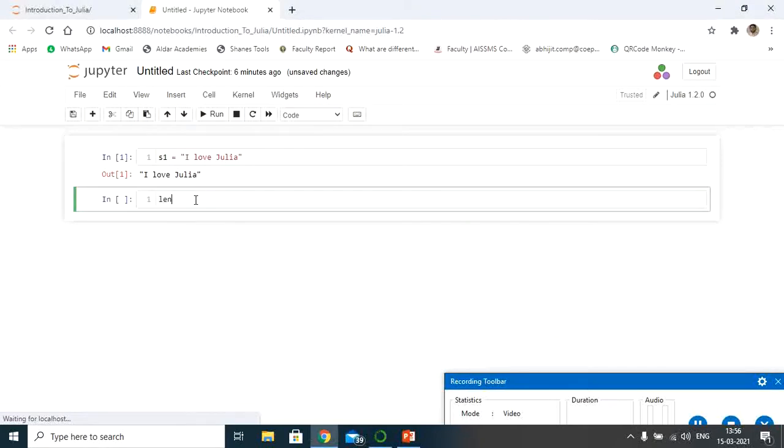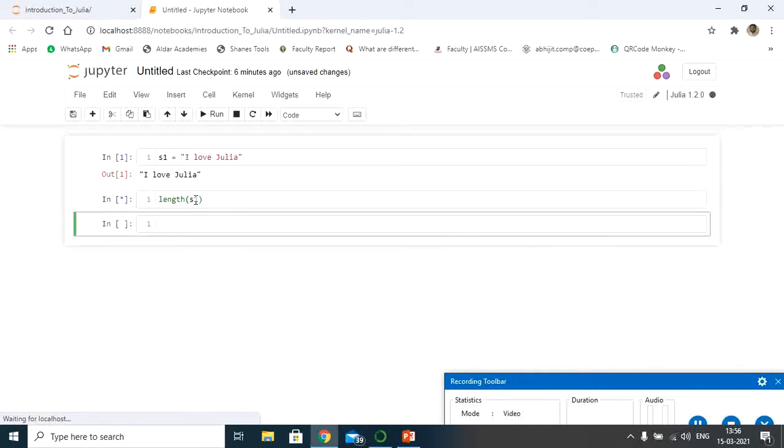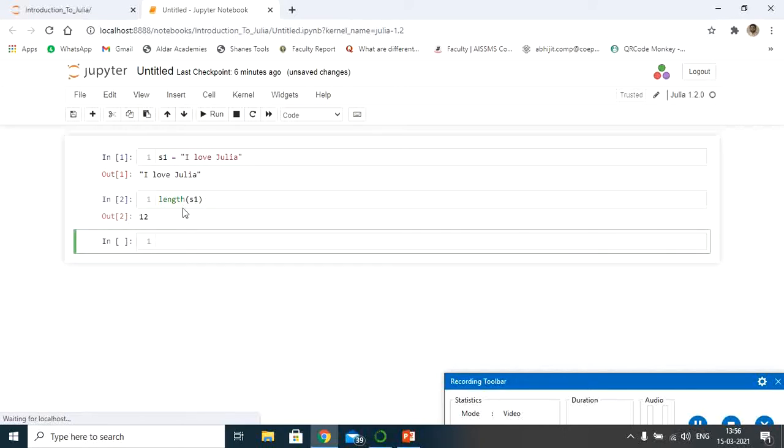You can use the method called length and pass the variable where you have stored the string. It will give you the total number of tokens in that string. As you can see, the total number of tokens in this string is 12, including spaces also.